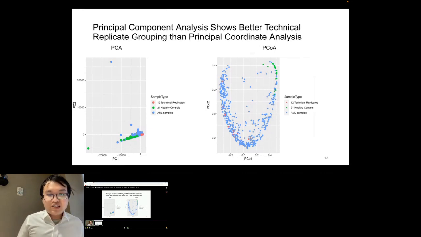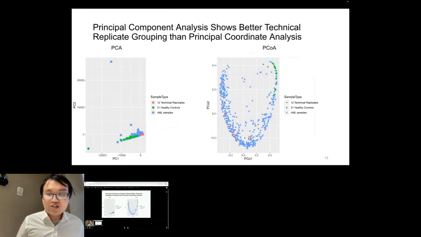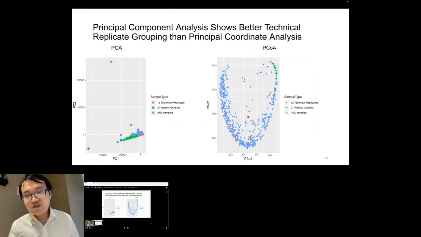To our surprise, the results indicate that principal components analysis shows better grouping of the 12 technical replicates than the principal coordinate analysis. We are intrigued by these findings, and while we are not satisfied that the 12 technical replicates don't seem to group together in the principal coordinate analysis space,